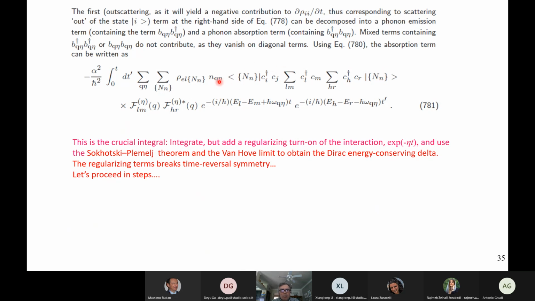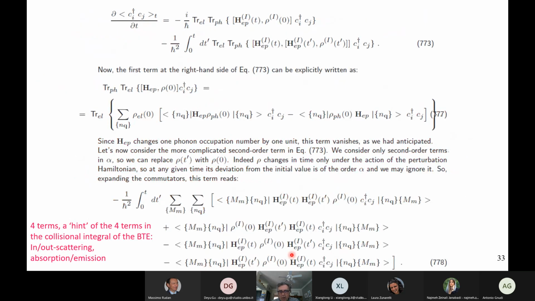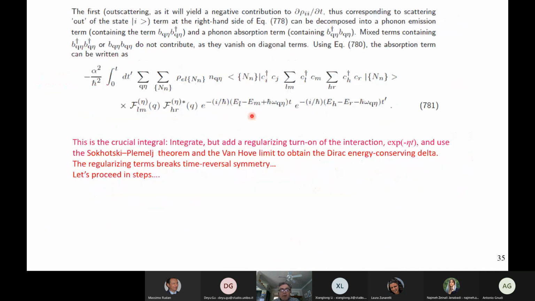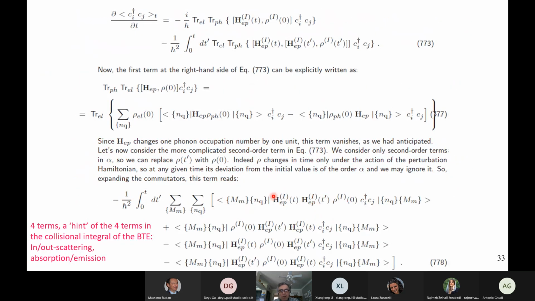I have taken out all the density matrices outside over here, and I've also taken out the coefficients of the electron-phonon Hamiltonians that I had before, which require sums over the various states m that are over here, and the intermediate states that I get from the electron-phonon Hamiltonian. So I can write it this way. Notice that I've added the sum over intermediate states. So this is the explicit form of the integral that essentially I have to deal with, which is this term. I remind you, when I've written down explicitly